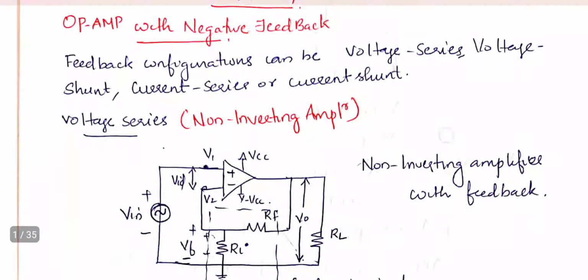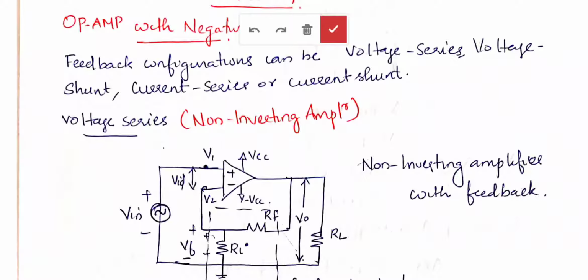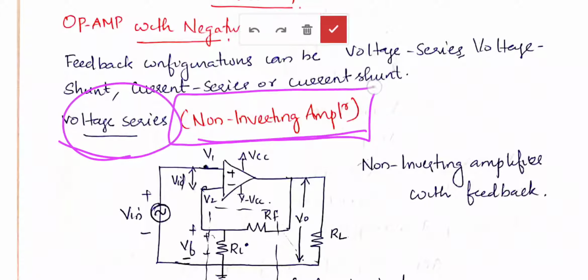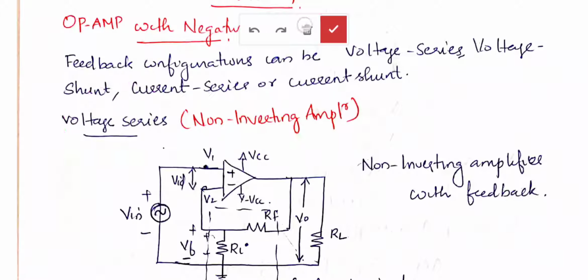So here we started the module with a non-inverting amplifier. In the previous chapter we have studied feedback. The four feedback topologies, voltage series, voltage shunt, current series and current shunt, we have seen. Under that we have seen one example for voltage series, which is nothing but the non-inverting amplifier. So through that we will explain the non-inverting amplifier. The figure here shows a non-inverting amplifier.